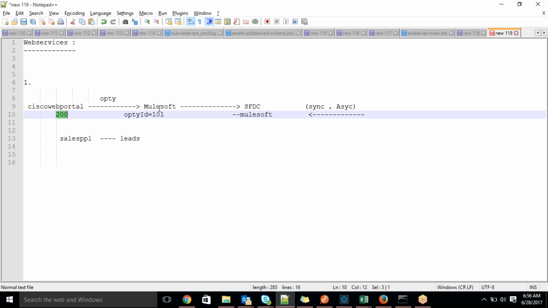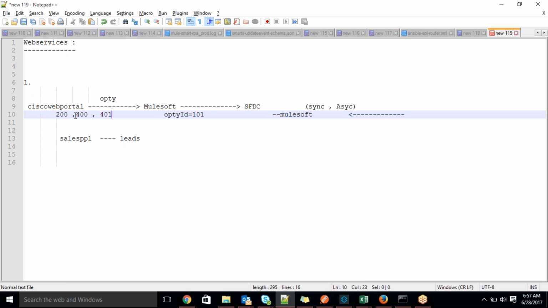Suppose something is wrong. Here we are trying to establish the connection between MuleSoft and Salesforce, right? Something has gone wrong, because if you need to connect with Salesforce, we should have access, like username, password, then we have to send the token, all the configuration. If any configuration is mismatching, we'll get an invalid login, right? That invalid login we also need to share to the user. That is nothing but a 400, might be a bad request, or if it is unauthorized, then we'll get a 401. So this type of status code we'll get.